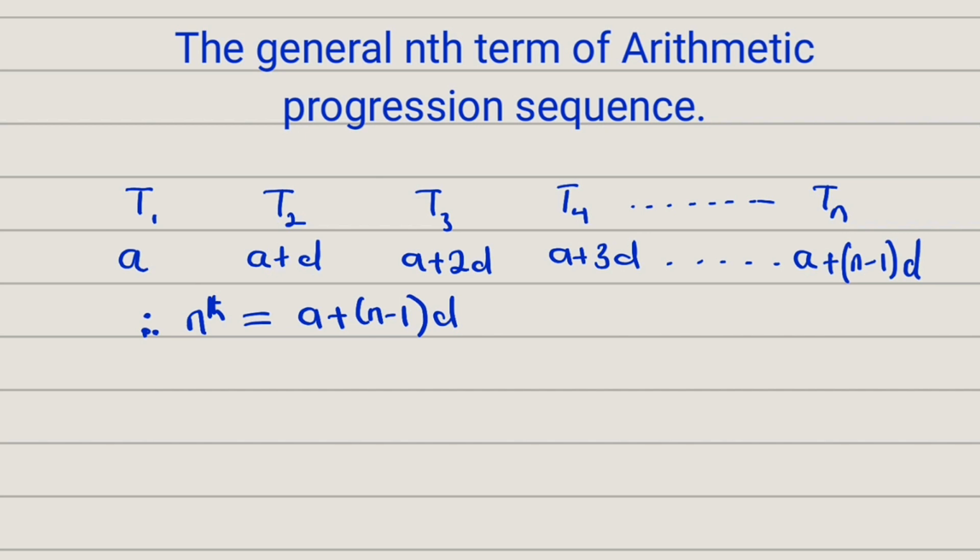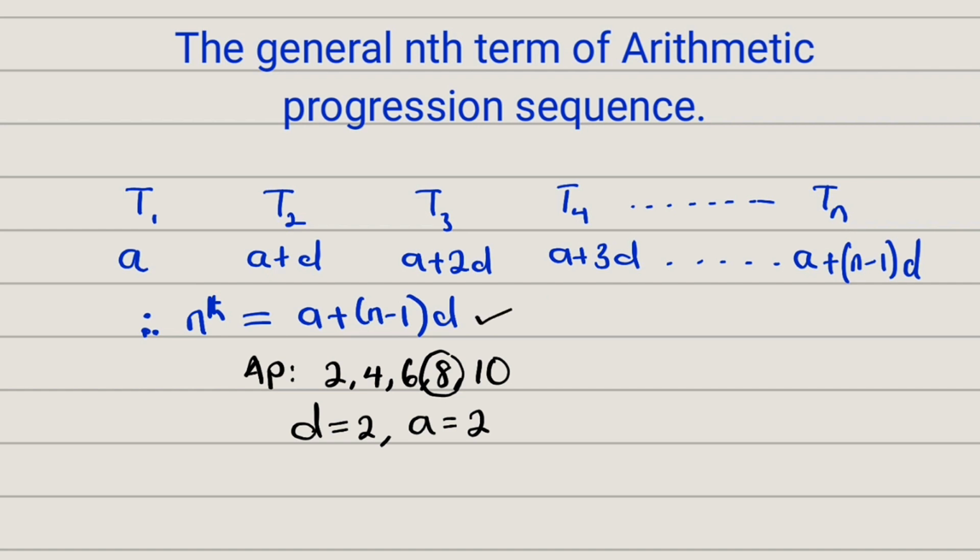For instance, suppose we have a sequence like 2, 4, 6, 8, and 10. This is a linear sequence because you can see it has a constant common difference of 2. Every time you subtract the previous term from the subsequent term, you're going to obtain 2. So from this sequence, the constant common difference is 2, and the first term, which is denoted by A, is also equal to 2. So what if we want to find this term, which is term number 4? Let us see whether this formula is applicable. So to find term number 4, where n is equal to 4, let us substitute this information into this formula